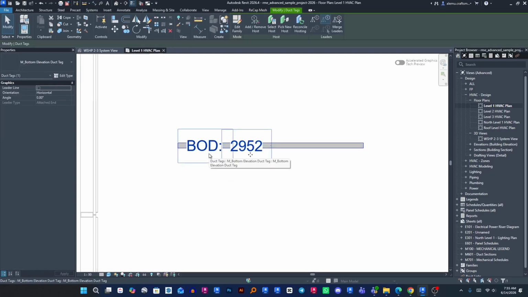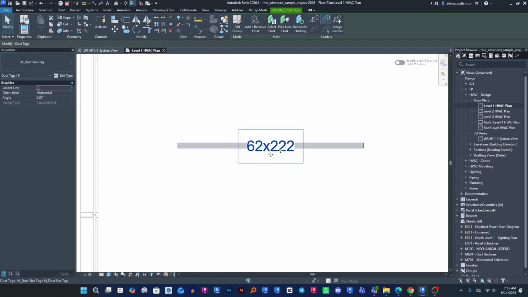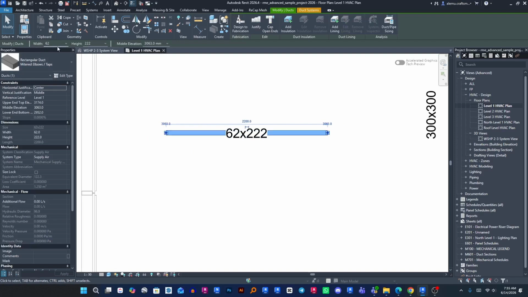Let's change the tag to show the size. So this is the size of this duct, and it's already available on this list. Here 62, and for the height, 22 is available, 222 is available. So yeah, this one is the shortest way, just entering any value here for the dimensions instead of going to